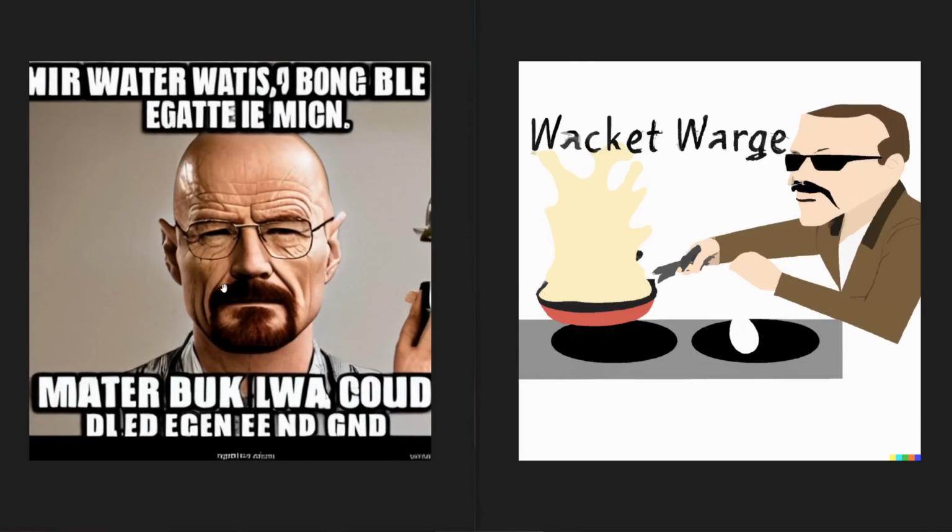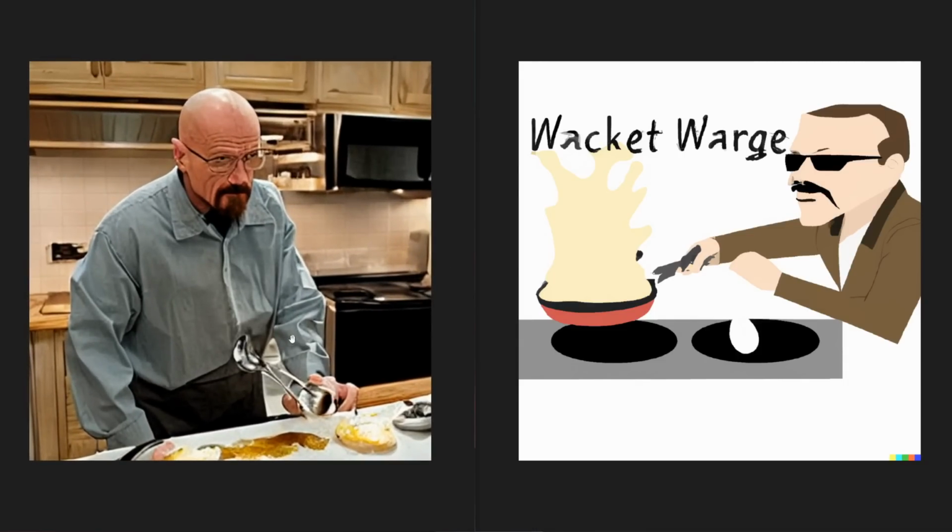This one tried to make a Walter White meme or something, and as you can see, the text just really is not that great with Stable Diffusion, just like Dall-E 2. Both of these text-to-image AIs don't really put text on your image very well as of yet, but you know, that's nonetheless Walter White, so this is just unequivocally more close to the prompt no matter what. And then this is probably my favorite one.